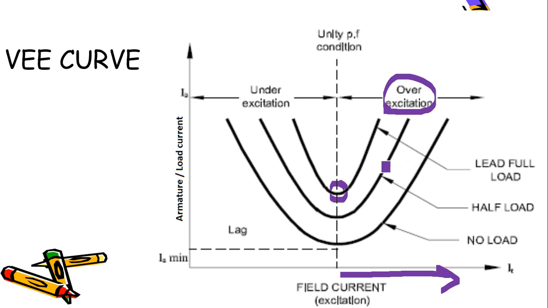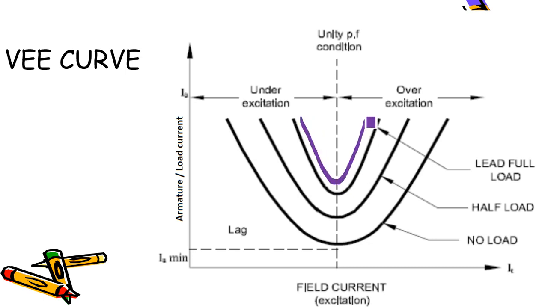That means it will be becoming a leading power factor load, and whenever it is becoming leading power factor, the load current is increasing further. In this shape, it is becoming a shape of V, and that is the reason it is becoming a V shape curve for the synchronous motor. So the V shape or V curve is telling the nature of load current taken by the synchronous motor with respect to field current. So the V curve is the plot between field current and armature current of the synchronous motor,